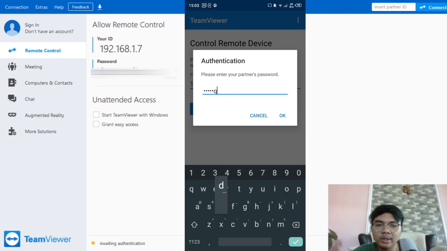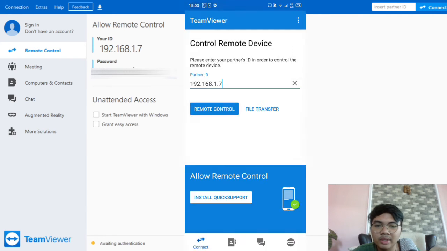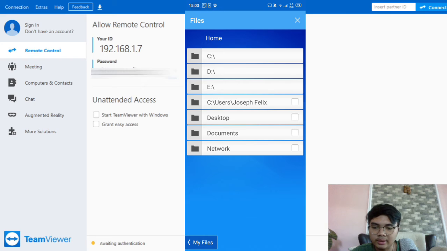To get the password, look in the password column in the TeamViewer computer application, like this. If the password is correct, the file storage directory will appear like the one on your computer, such as drive C, drive D, and the others.